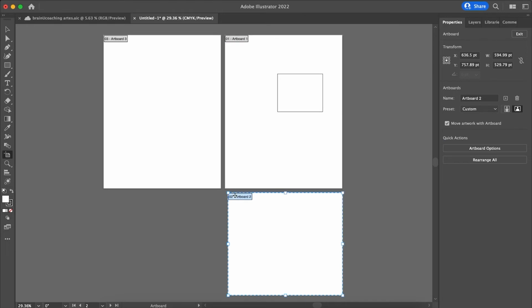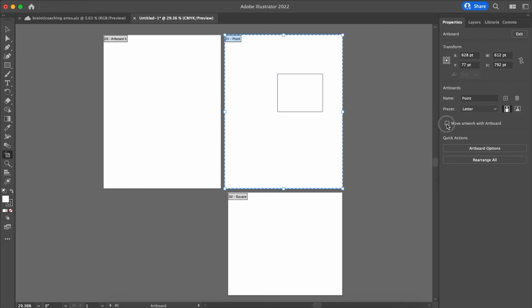And you can also edit the name of your artboards, and that is also very important for organization. Square, point, helix. And also, one important thing to keep in mind when you're moving around your artboards is that the content,